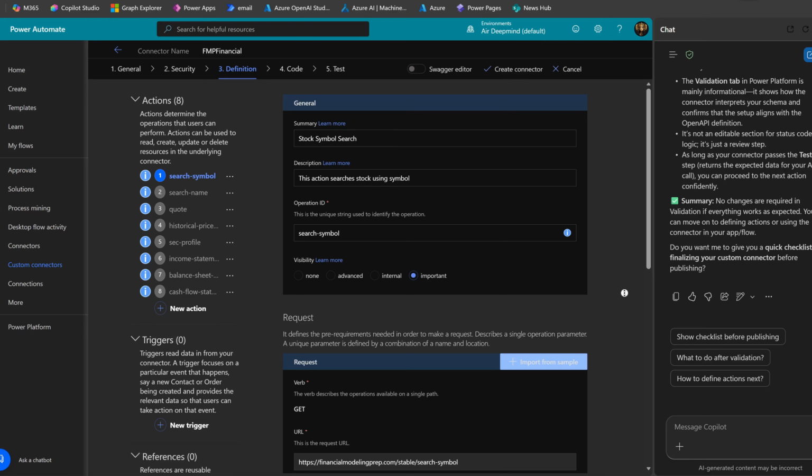Following the same method, I have added a few more actions, including the income statement, balance sheet, and the cash flow statement. Those are the common ones. Now there is a bit of a problem with our actions here. As you can see, they all have an exclamation mark. Operation ID does not start with uppercase letter. I don't know what that means, but I think because our base we left as,